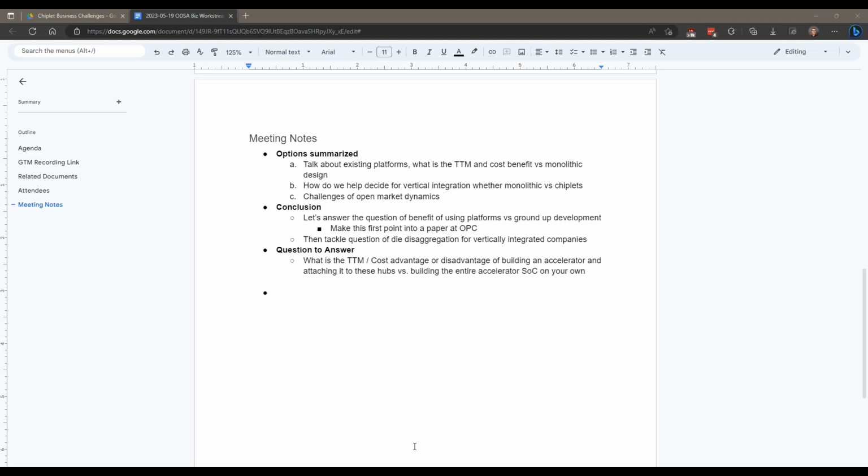Right. And so I figured we could compare the total development time, the total development cost, the unit cost,